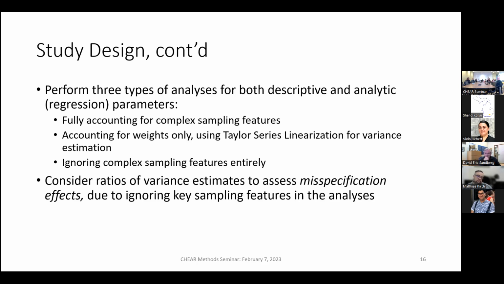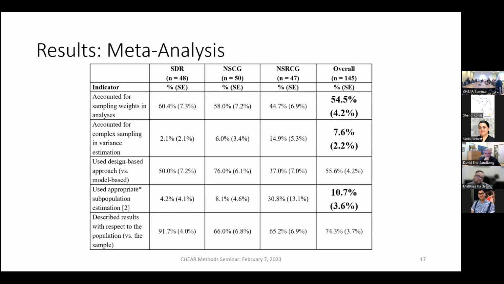And then we looked at ratios of the variance estimates to get a sense of these misspecification effects that were arising from ignoring these key sampling features in the analyses. So first of all, here's the meta-analysis of our review of those 150 sampled articles. We had to throw out 5 of them for various reasons, didn't have enough information. But the key points across the different surveys are in that last column,